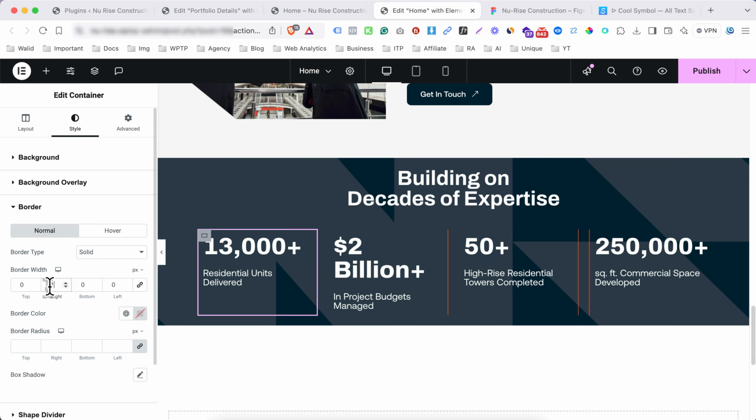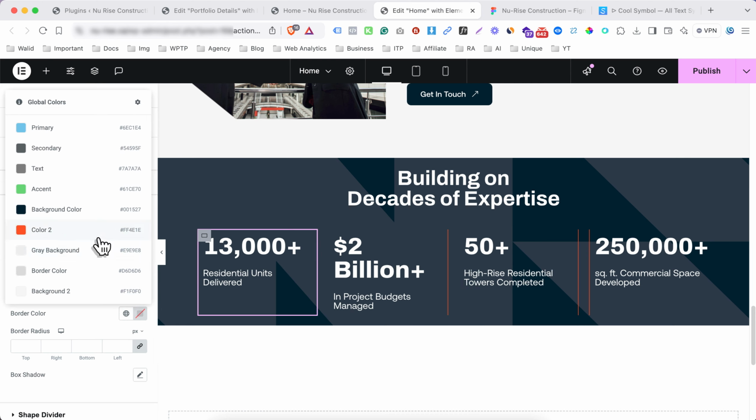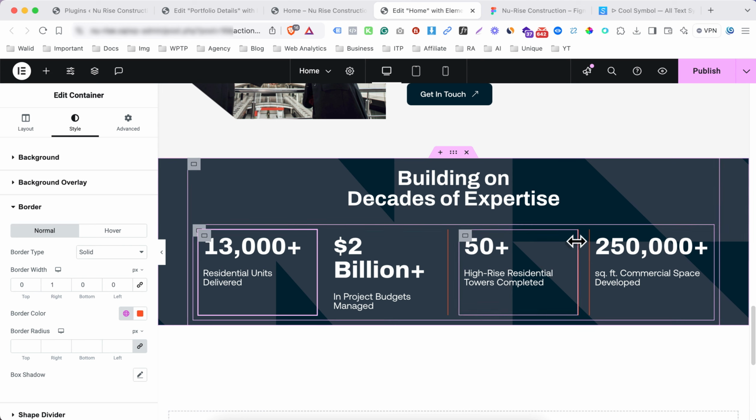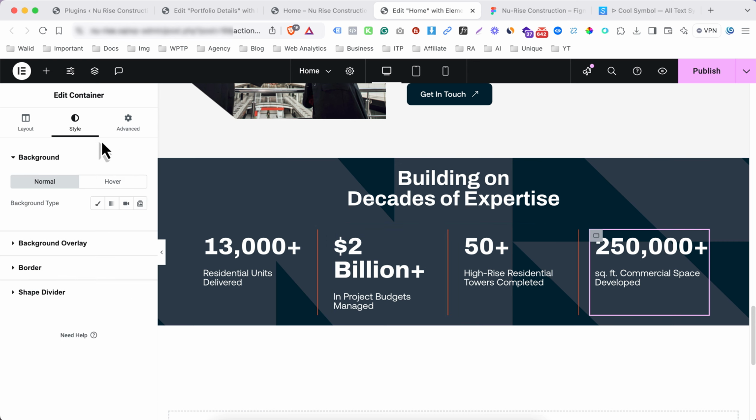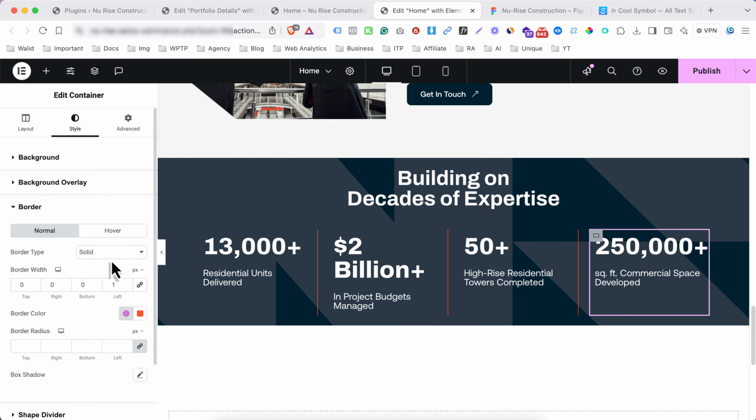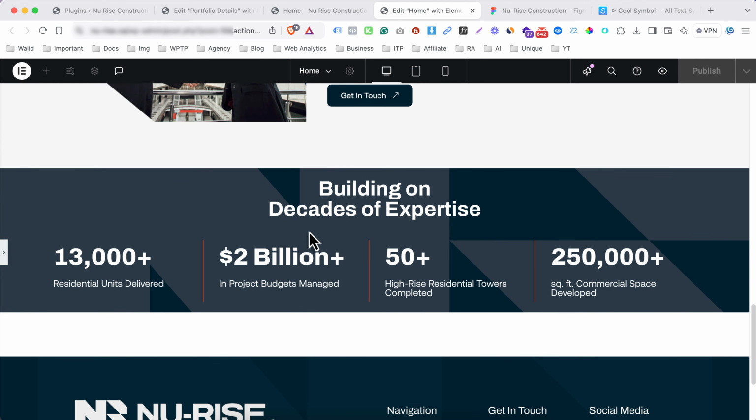Right side border, one pixel. Like this one. Just need to remove the border from here. Okay, now this section looks good,